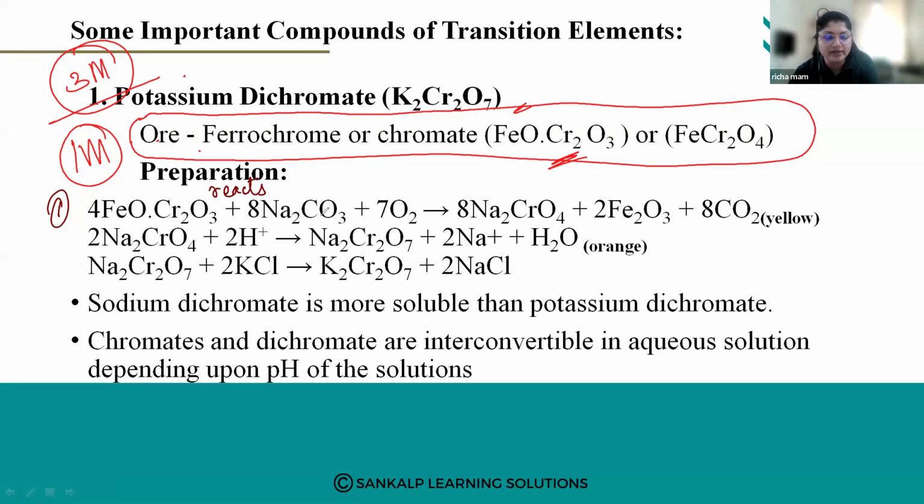I hope you are writing down the steps, very important. Or you can take potassium carbonate. Sodium carbonate is Na2CO3, potassium carbonate is K2CO3. So either you can take sodium carbonate,